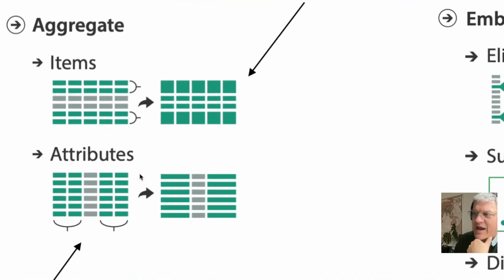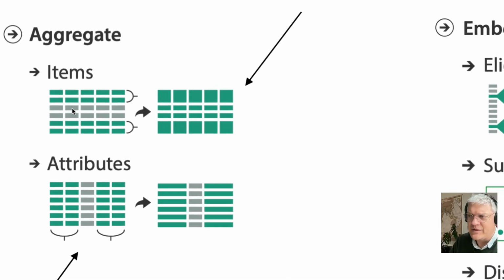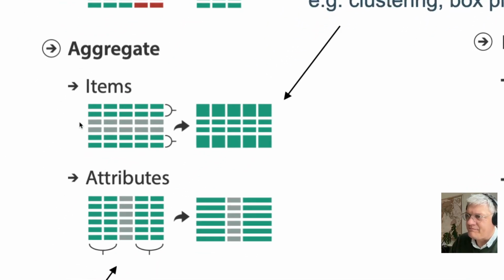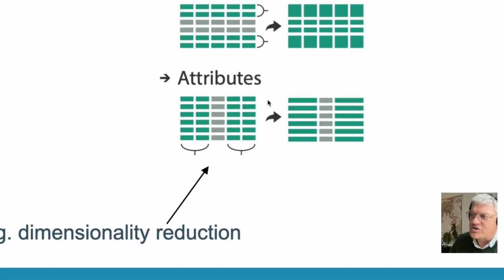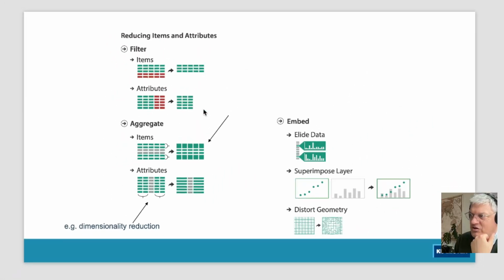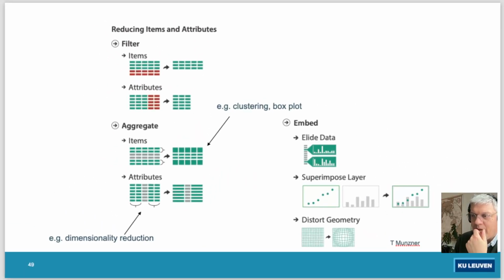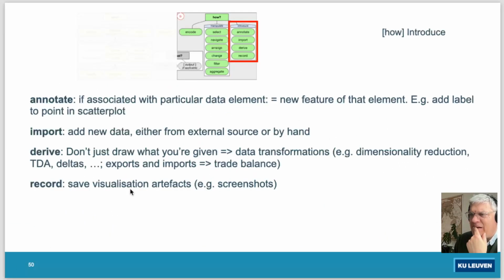Something else we can do is aggregate. So for example, if you look at the number of items, basically what we do is clustering, right? So here these 2 are clustered into one cluster, these 2 are clustered into one cluster. A box plot is an example of that. Or we could do dimensionality reduction, where we basically combine different dimensions into one. So this is where clustering and dimensionality reduction comes in. And then introduce new things, but I will not go into